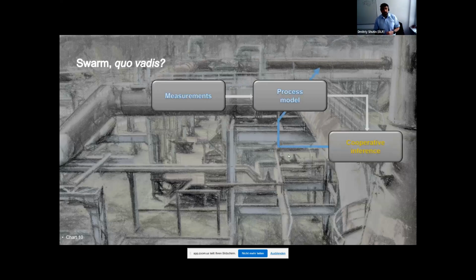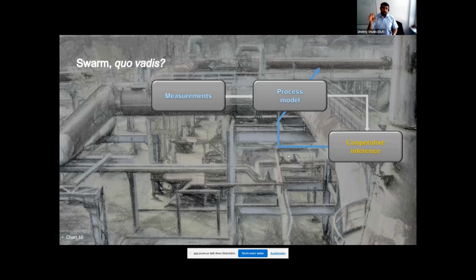So once we have the measurements that we collect with our robotic system and the process model, what we effectively try to do is bring these two things together. We try to understand how the model parameters can be identified or estimated based on the measurements that we collected. And that goes into effectively cooperative inference. So here the word swarm plays a key role. We are interested in doing cooperative inference. We do not want to transmit all information to one decision center.